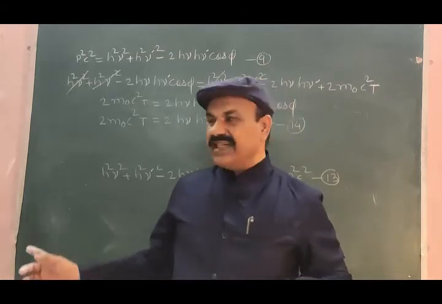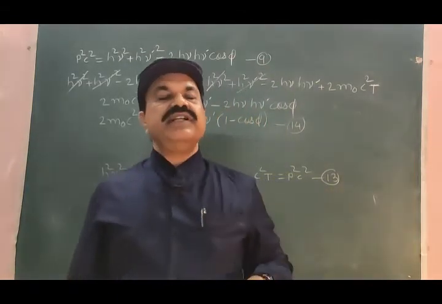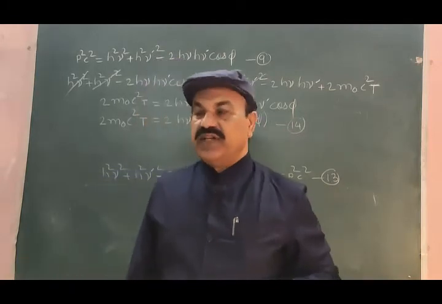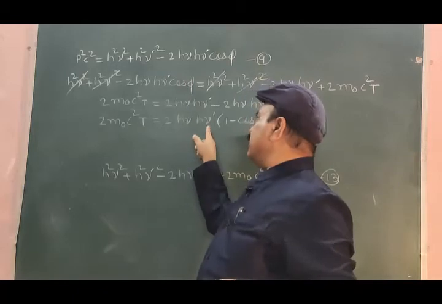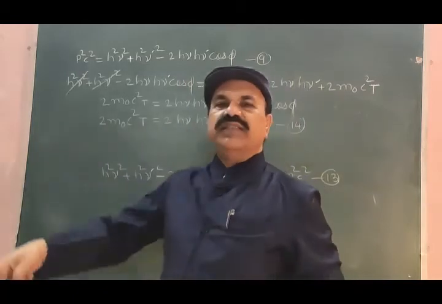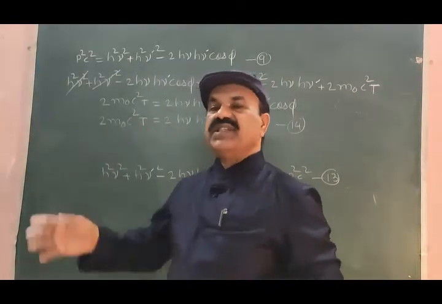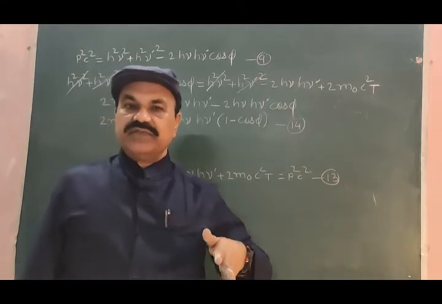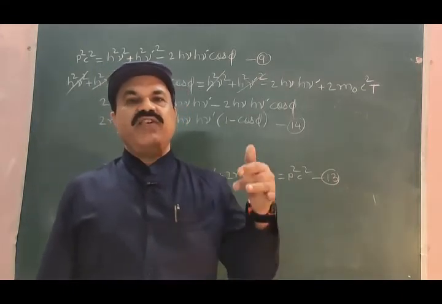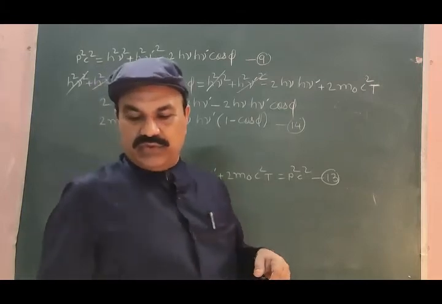We want to represent equation number 14 in terms of wavelengths, not in terms of frequencies. There is no wavelength term here, and we wanted to represent this equation in terms of the wavelength of the incident photon and the wavelength of the scattered photon. To do this,